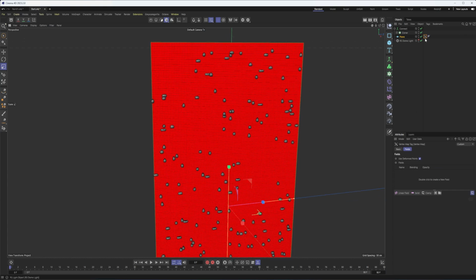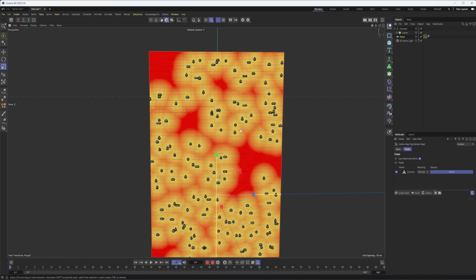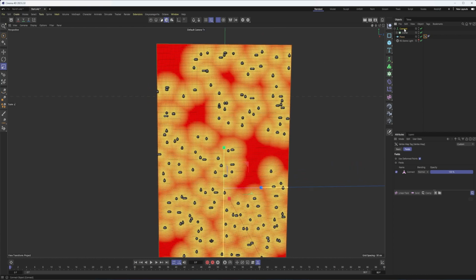Okay, great. Because this plane is a primitive object, we didn't have to enable use fields here. If this was something you had already made editable, you would need to check use fields and then also remove the freeze from it. But what I can do is drag the connect in here now. And what you'll see is that we have our spots in here, our droplets, I should say. So why don't we call it droplets, affecting this plane or this vertex map.